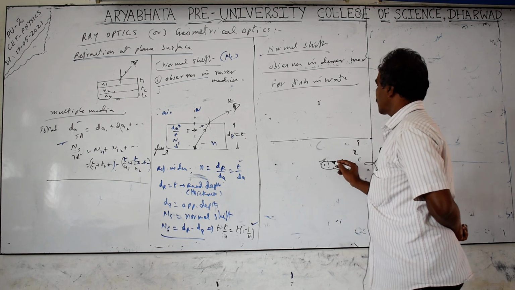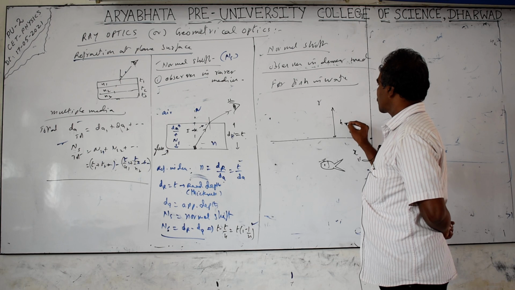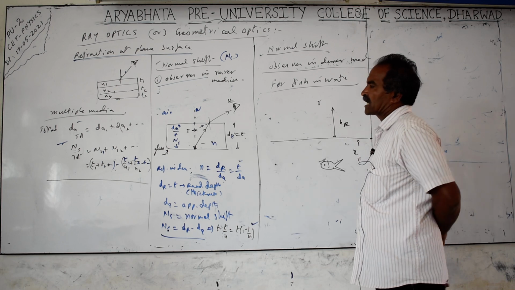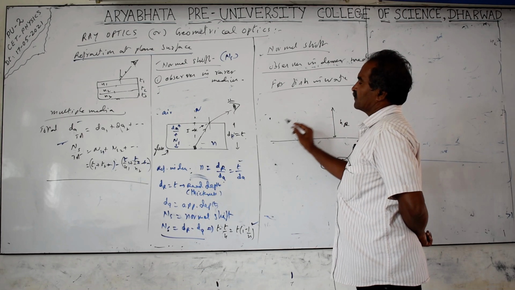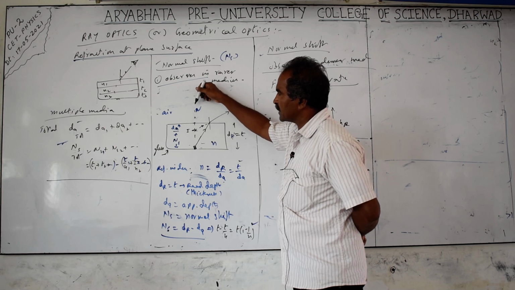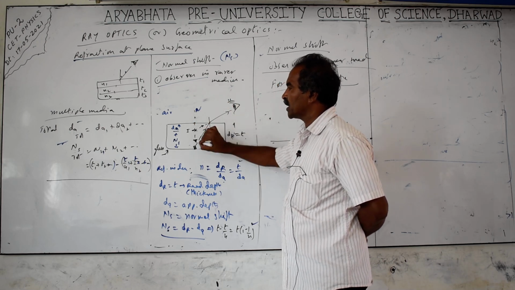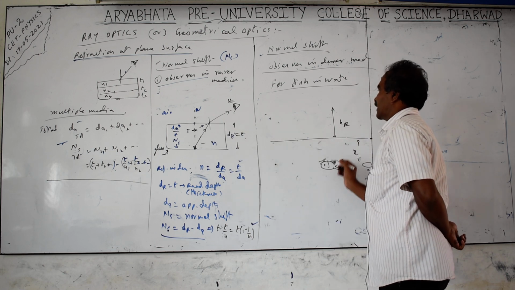Bird is flying at some height. So that height, the actual height, we take it as the real height. Instead of real depth, you can take dr also, that is left to your choice. Take a little angle. One more thing is that in these cases, seeing exactly vertically is not practically possible. If you are seeing exactly vertically, you don't find any normal shift. You are seeing at some angle only. Here also, same thing, some angle it happens.